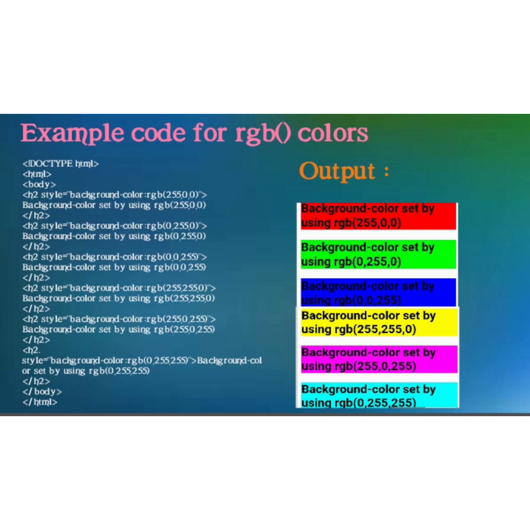And in the third heading green and red are 0 and blue is 255. And here in the fourth heading red and green are 255, 255 and blue is 0. Then in the output you will see yellow color. And in the fifth one you can see red is 255, green is 0, blue is 255. So we'll be getting pink color in the output. And in the last heading we have given red 0, green and blue as 255. So we'll get cyan color.